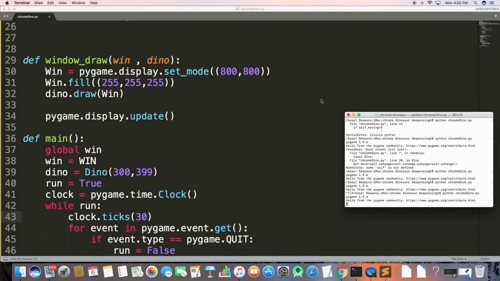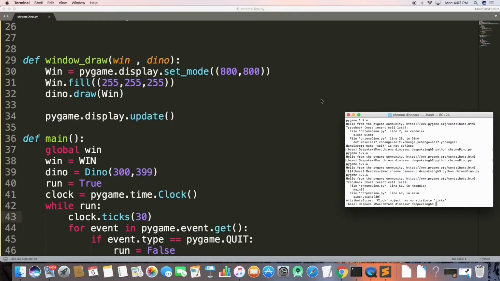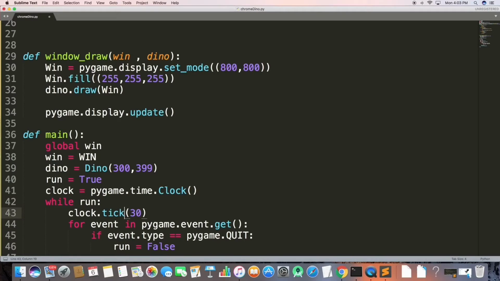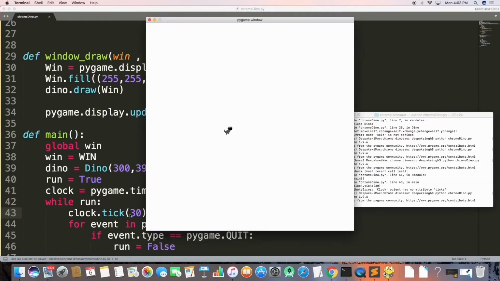Will this work? Clock has no attribute tick. Now this looks better. Just the mask is a bit weird. I can work on this, but for now it works.